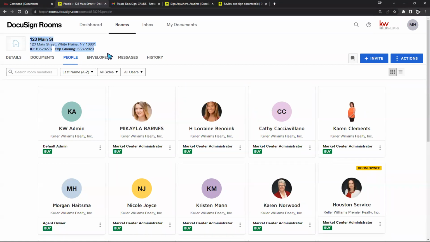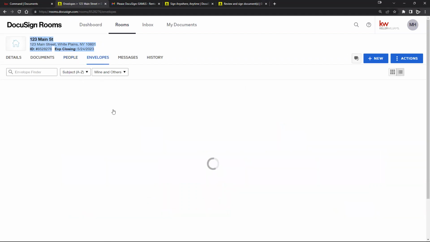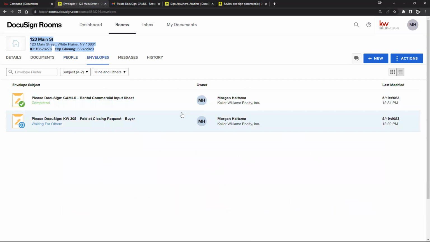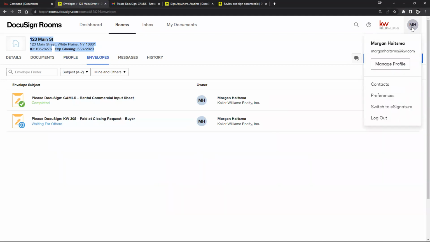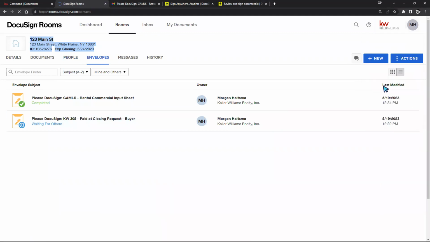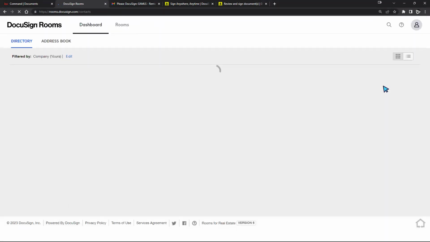Now, the second part of that is filling in your address book, right? So having the ability to pre-populate that client information with the name and the email address, especially during the envelope process right here. What we can simply do is click on our name or our headshot, our initials on the top right-hand corner right here, give that a click, and then you should get a drop down. And within this drop down right here, you should have contacts. And if we give this a click right here,